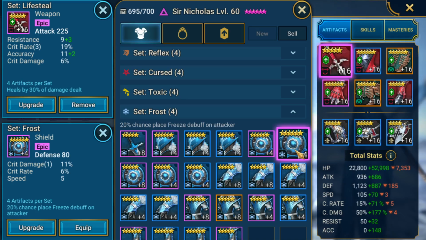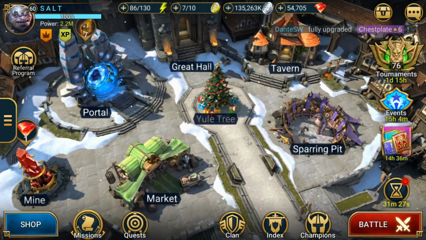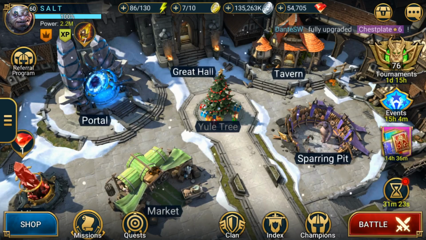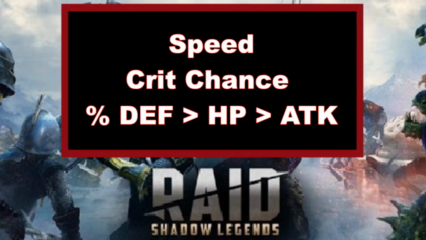I'm not going to get too much into that in the video today, but whenever you find speed, crit rate, and crit damage, absolutely keep it, level it up, and put it on a champion that you use frequently. Now let's move on to the next combination of stats, and that is going to be your speed, crit chance,